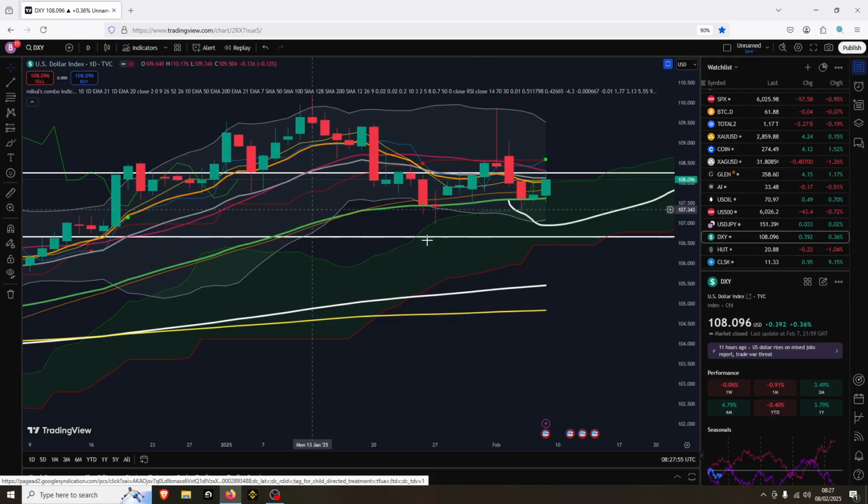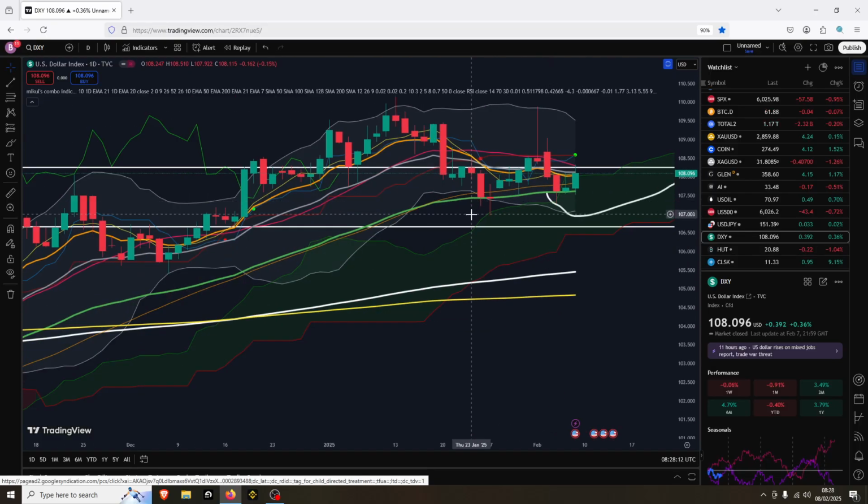Right, that is it. Let's have a look at the Dixie, shall we, to start with? I know, we can start with the Dixie. So after finding this big move up here, which was on a candle body and wick high, there's a lower high. We also started going down below the Bollinger Band, which is where we pushed up into yesterday. So this is where we talk about a rock and a hard place. If you're bullish on the dollar, you've got to break above, basically, with the rejection of yesterday.